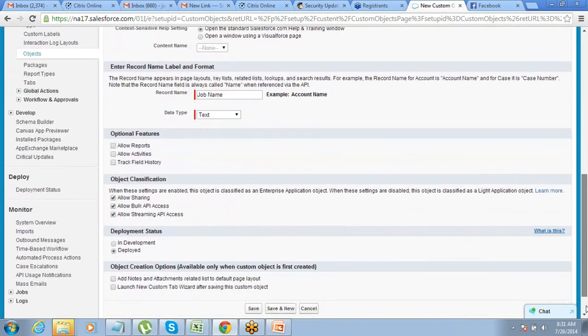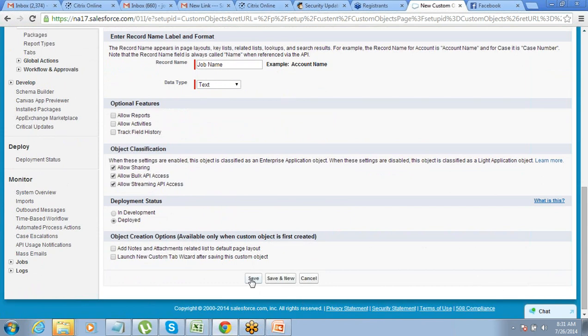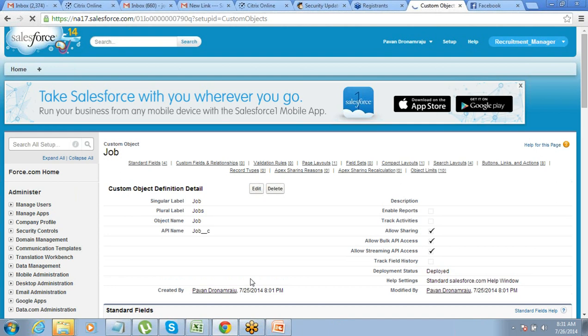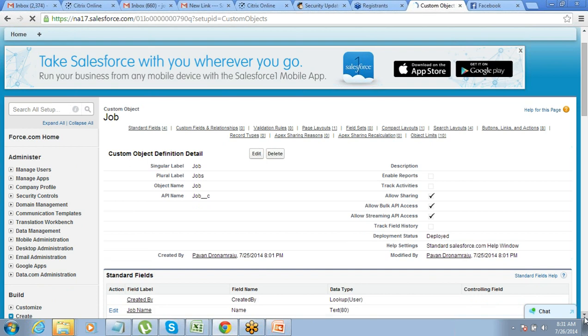Don't make any changes anywhere, click on save. Just give a name, second name and click on save. The moment you click on save, the object is created. Object is what? It is the table in the backend.